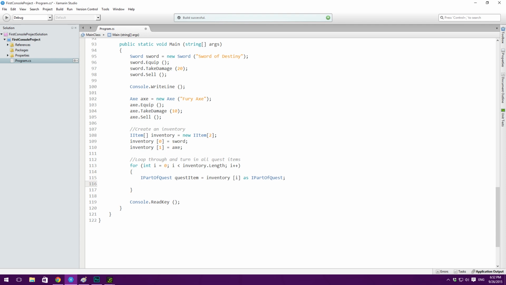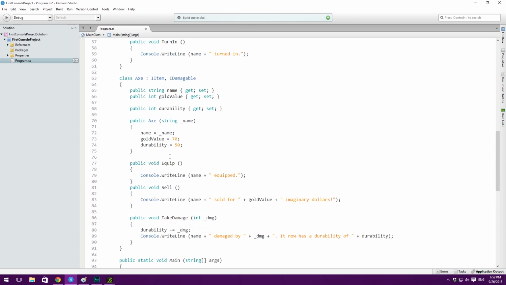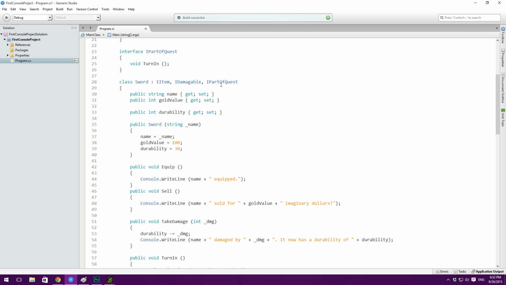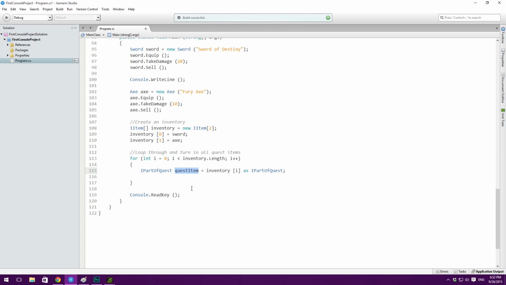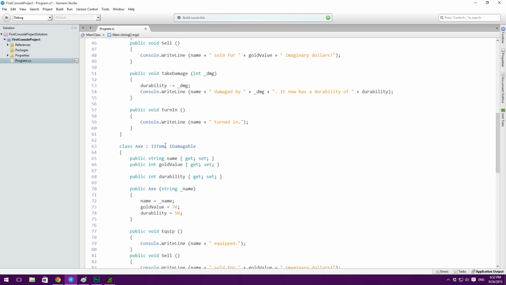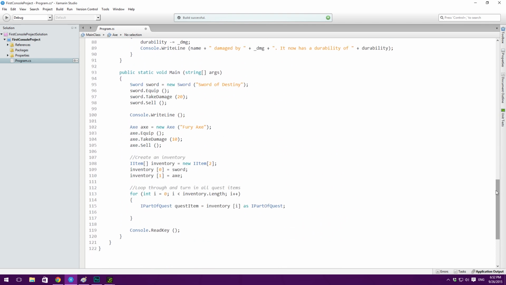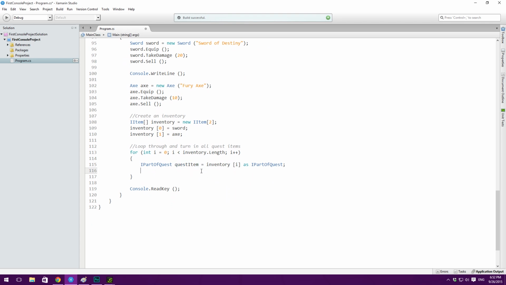So what this does is basically, if the inventory item is marked with the IPartOfQuest tag, if it derives from the interface, well then it's simply going to be transformed into the quest item variable. But if it doesn't, which our axe doesn't, well then this is not going to work, and quest item is going to be equal to null, because the axe is not a quest item. So now we can write: if quest item is not equal to null,